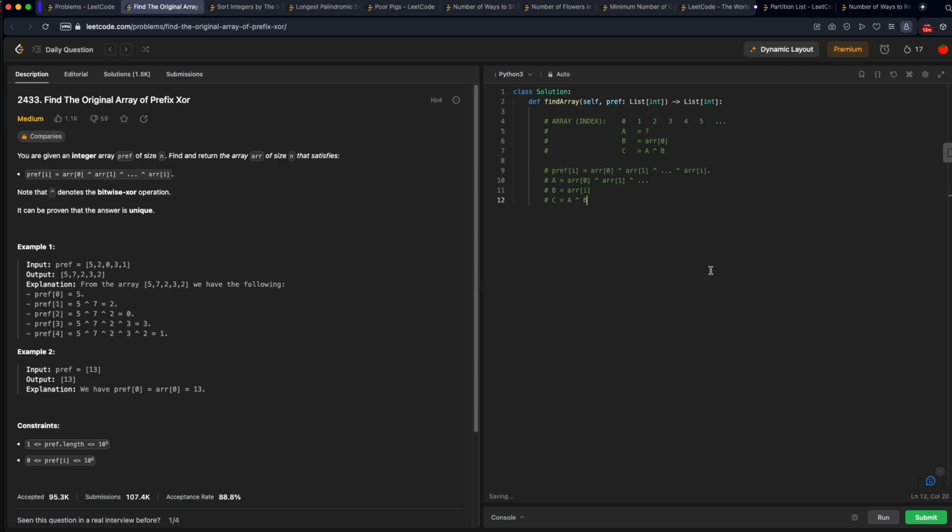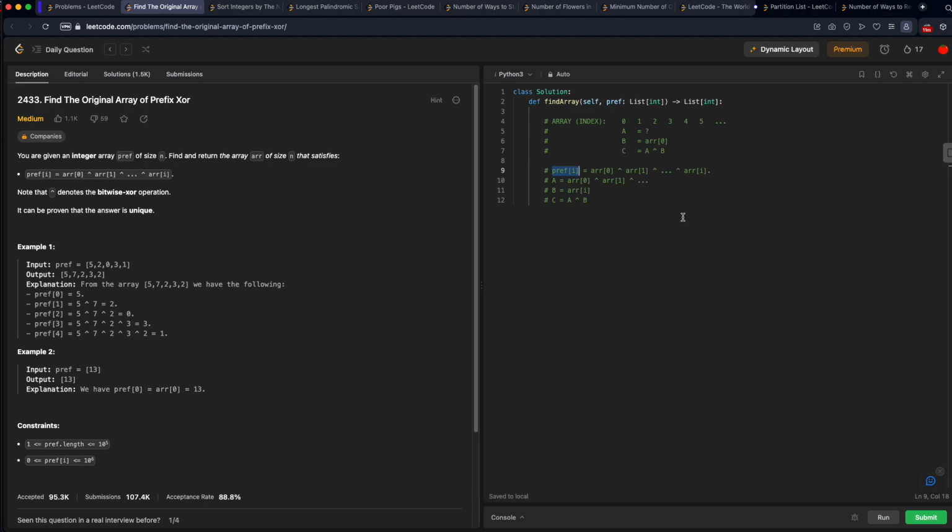All right, so hopefully this is clear. This is our formula for getting our pref value. Now our A is going to be all of the preceding values, not including this current index, XORed together. So that's this part of the equation. And then we're going to have B, which is just the value at this index. So we need to take all of A, XOR it with B, and that gives us C. Okay, so C is the thing that we actually put into our array pref, or that they give us in